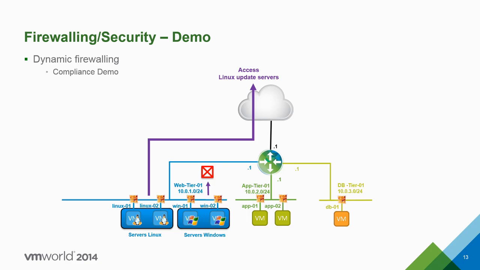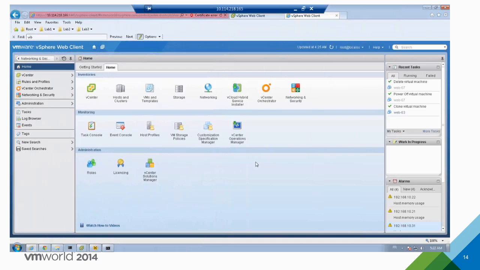You could do that today, I'm sure, but you would have to have a spreadsheet to say, OK, those servers are Windows, and I put them in the group that can go to those IP addresses, and those are Linux, and they can go there. But we can offer that in a much nicer and more dynamic way. If, I don't know, 6 months from now, a developer deploys a new Linux server automatically with no human intervention, that server will be in the group allowed to go to the Linux update servers. So how do you do that? It's actually pretty simple.